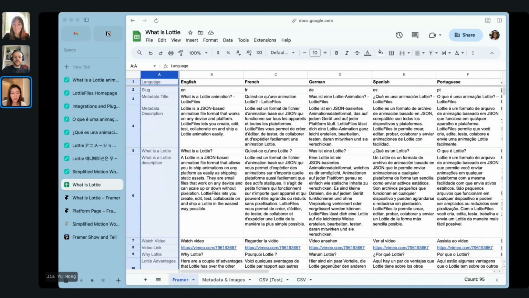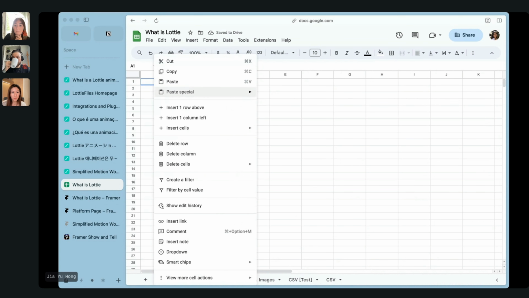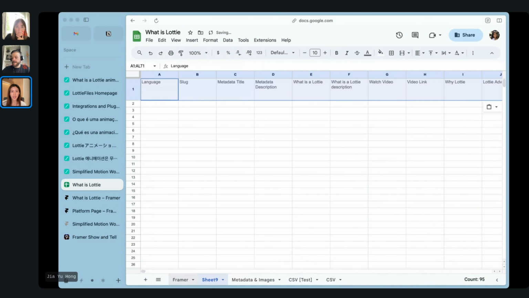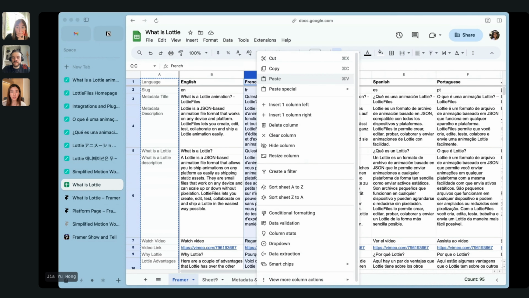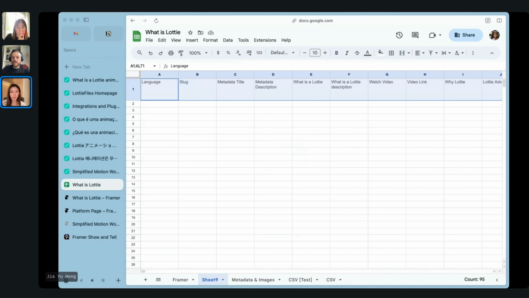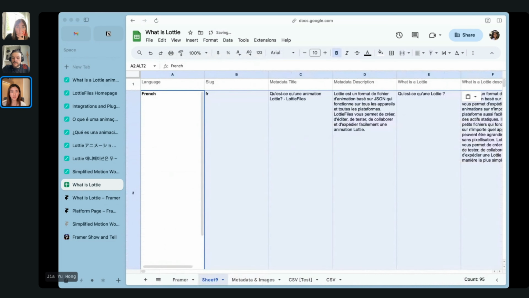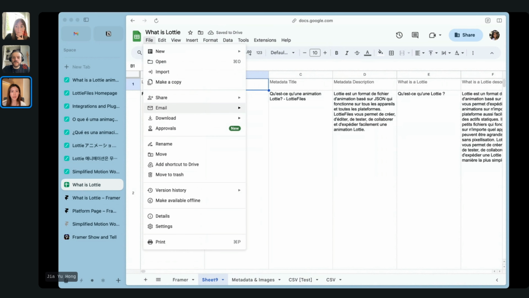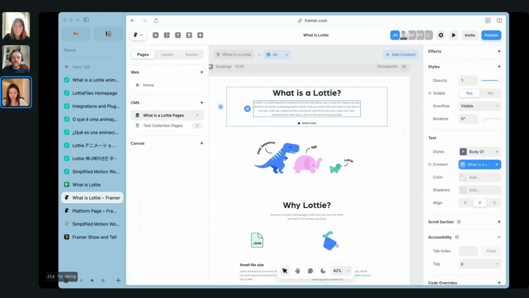And maybe I'll just show you. See, copy, I'll make a new sheet. And then you paste it, paste transposed. And then you'll do, let's say I just got this new French translation. So I'd do it like this. Yeah, so you make sure that the fields are all correct, and then you can download this as a CSV file. So then on Framer, on the CMS,